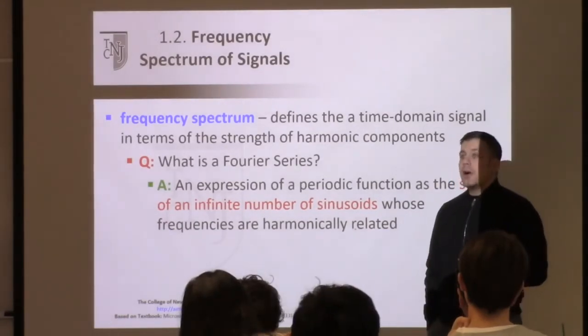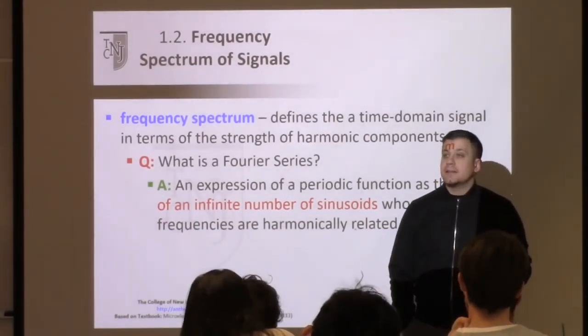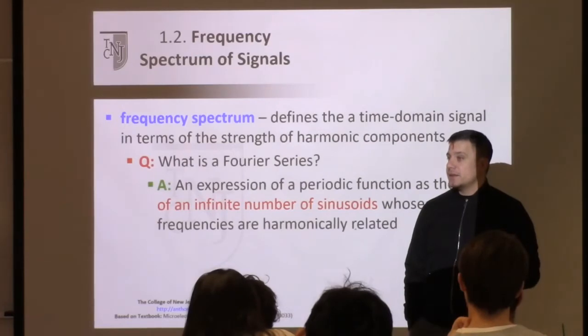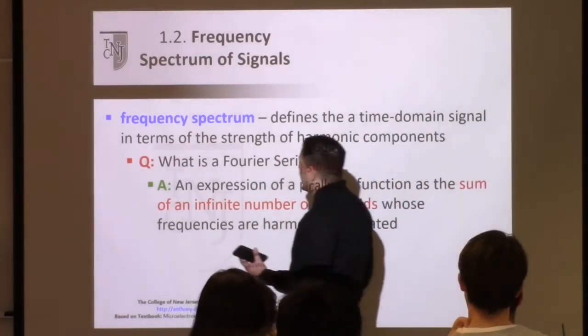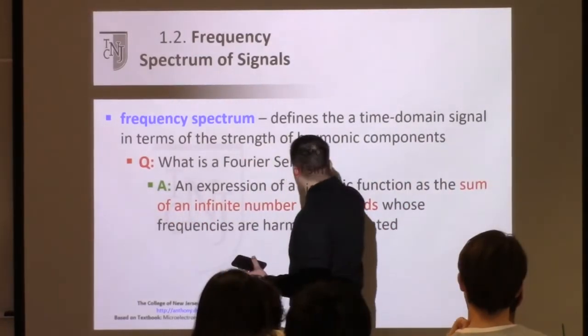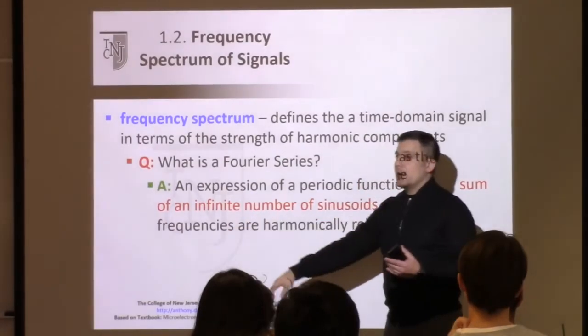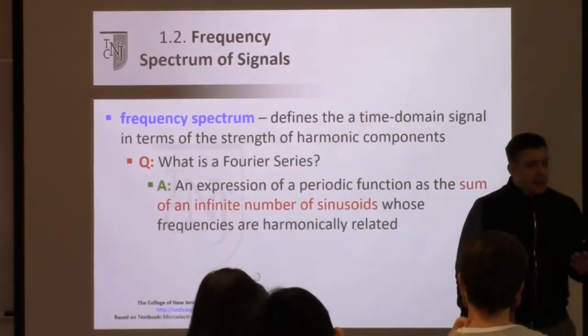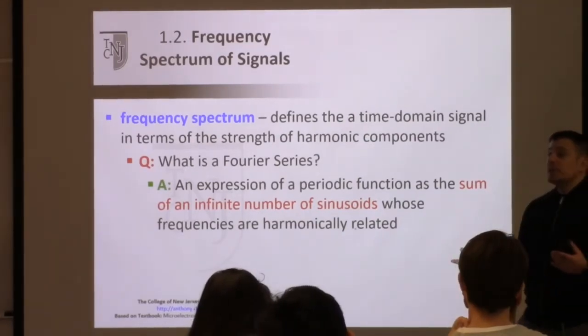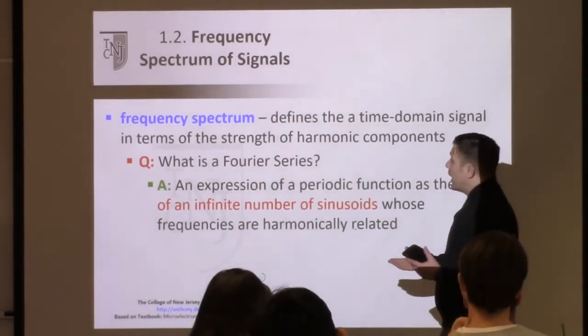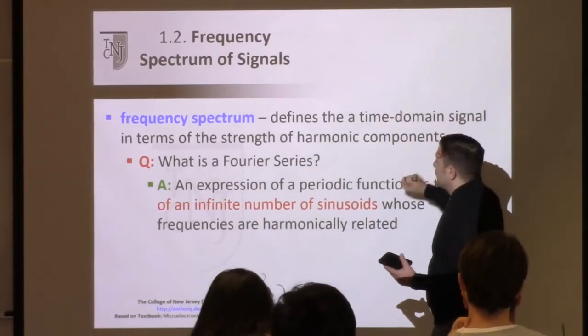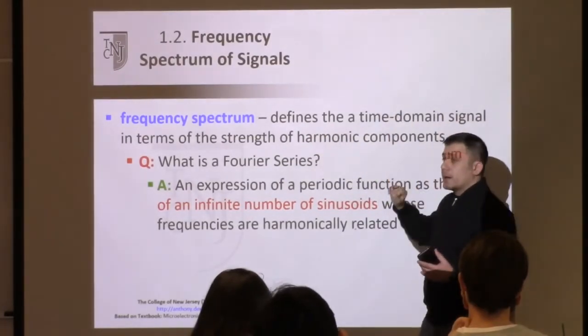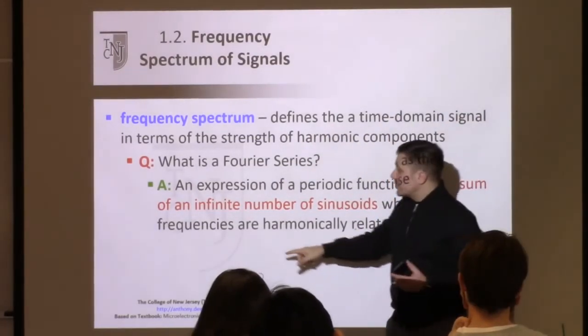So we all know how to represent a signal in the time domain, right? It's what you see on the oscilloscope. Let's say it's a square wave. It looks like this. X-axis is time. Y-axis is voltage. Okay? There's also a frequency domain representation where we define the signal in terms of the strength of its harmonic components. So if I have this square wave,